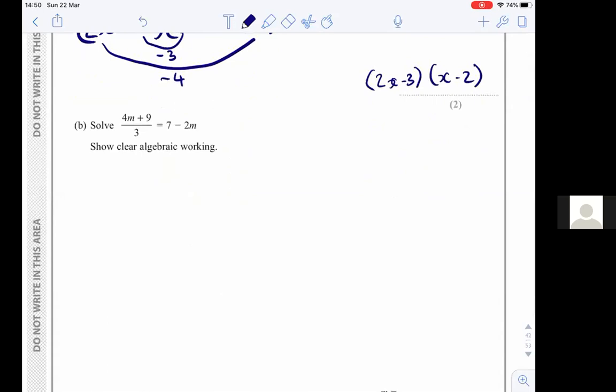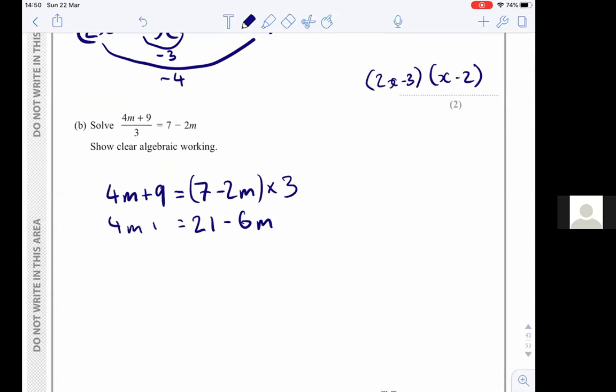Okay, solving b. We have a fraction in this equation, so first things first, let's multiply through by the denominator. So the left-hand side would just become 4m plus 9, get rid of that denominator altogether. My right-hand side would be 7 minus 2m times by 3. Okay, don't forget those brackets. Everything needs to be times by 3, or if you want to do it straight away, 21 minus 6m equals